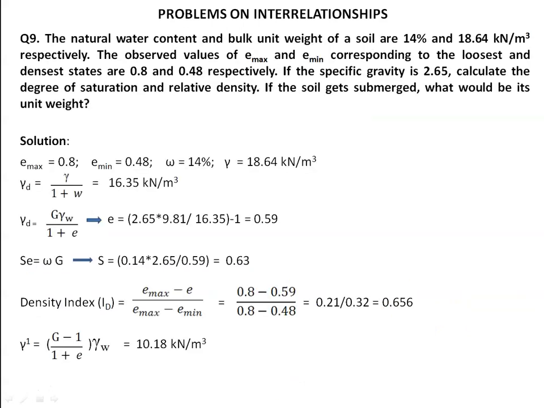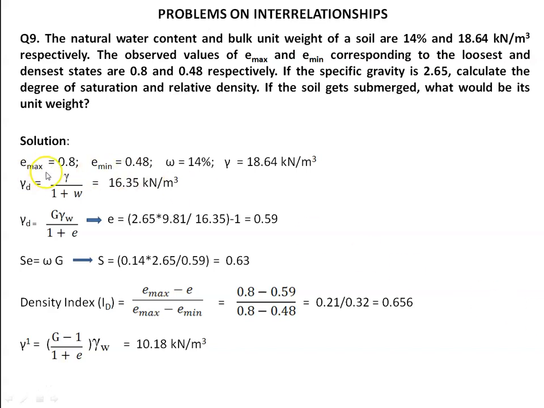Next example is, the natural water content and bulk unit weight of a soil are 14% and 18.64 kilonewton per meter cube respectively. The observed values of maximum void ratio and minimum void ratio corresponding to the loosest and densest states are 0.8 and 0.48 respectively. If the specific gravity is 2.65, calculate the degree of saturation and relative density. If the soil gets submerged, what would be its unit weight? So here